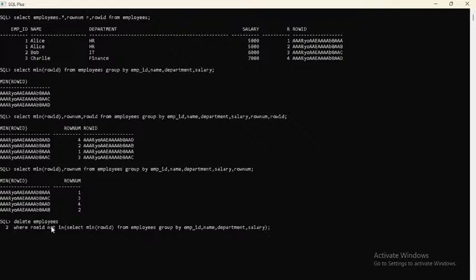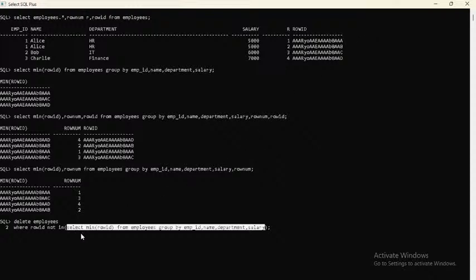This is going to be very bad, it can be very disturbing, because it will give an error. So we need to solve that first, we need to observe that first before pressing enter. So delete the employees record where row id should not match in this data. When we execute this line, we are getting this data,